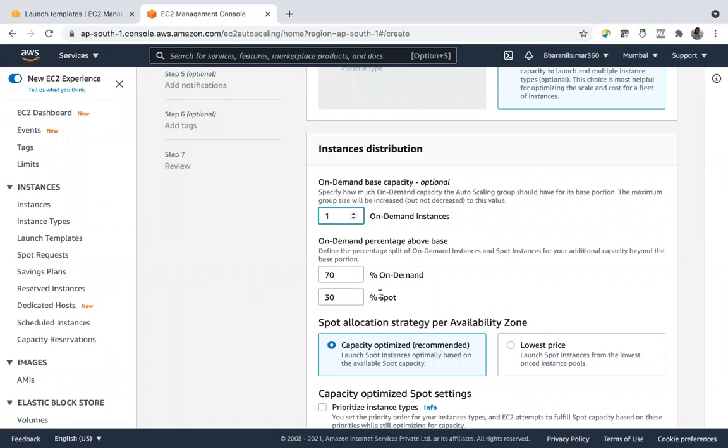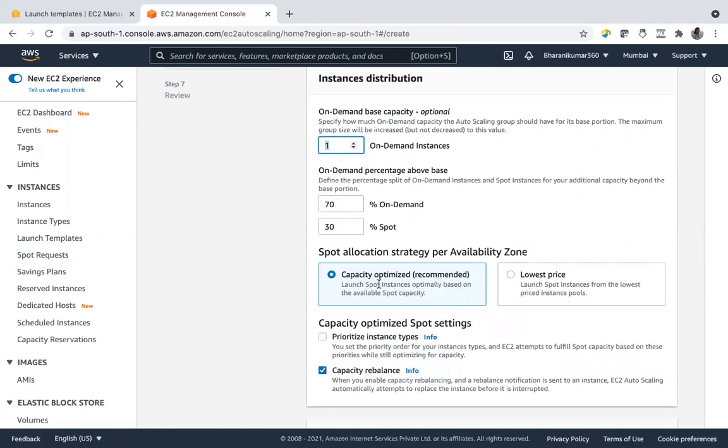And if your auto scaling group is creating instances, how many of them do you want as on-demand instances? So here for sure one instance we want as an on-demand instance, and of the total instances, 70% has to be on-demand and 30% has to be spot. And this is a new addition again while you are using a launch template.